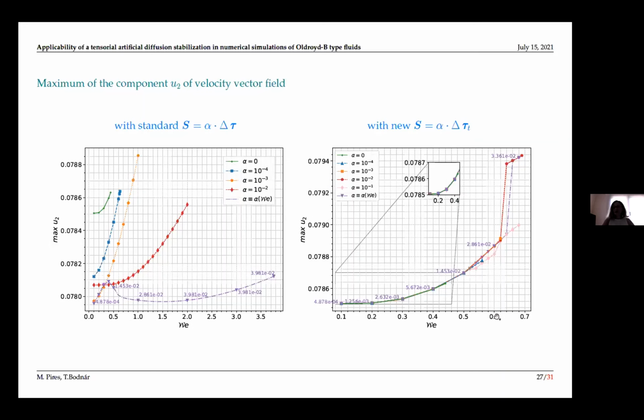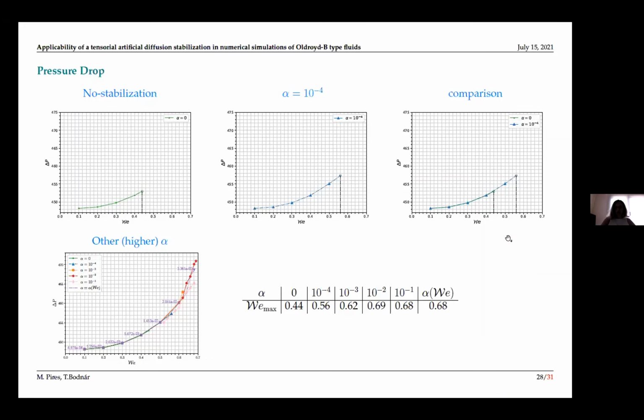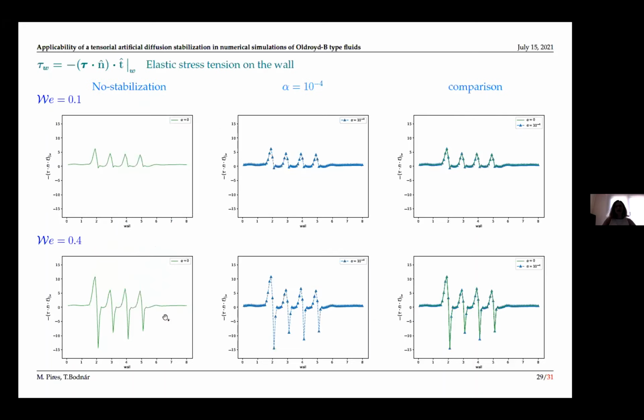limitations, because we don't obtain higher Weissenberg numbers as here, but in fact we obtain a solution for higher Weissenberg numbers that is not the solution that we want for the classic model, and we can progress a little bit, and we can believe that the solutions are good. So we study also the pressure drop for our case, and we can see that the pressure drop matches completely, and the same for the wall shear stress and the elastic stress tensor,